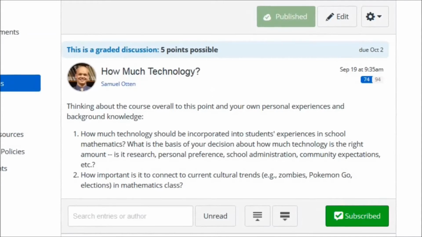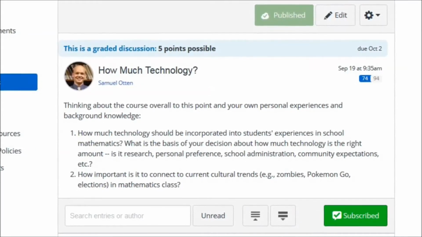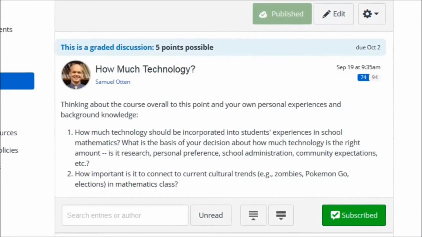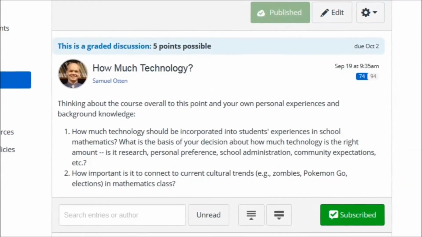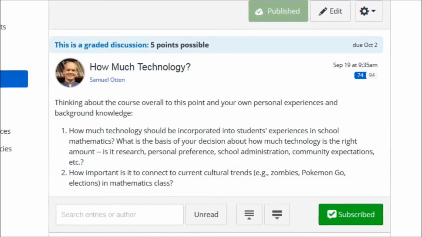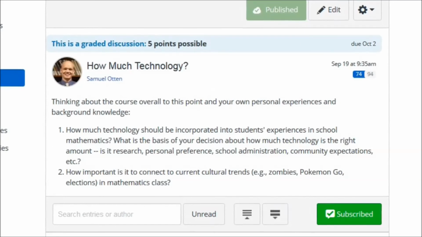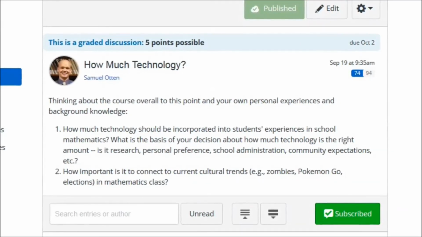What we really noticed for the group overall was that you all seem to have mathematical meaning as your driving force. You wanted the technology to help the mathematical learning or to help students make sense of the mathematics they're doing, and that seemed much more important to you as a group than, say, tapping into current cultural trends. So you see much more about the mathematics first, and trends or things happening like Pokemon Go are maybe a secondary consideration.